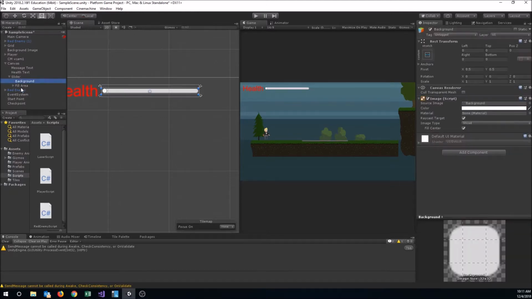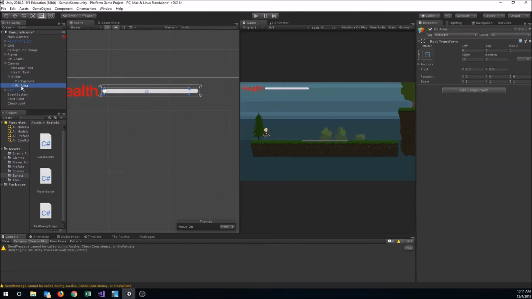So we're going to go into our fill area here, and we're going to change our rect transform here, so left is at 0, so that moves this side of the box back to the edge of the bar. We're also going to go to the right and we're going to put a 0 there. So now it's set to stretch to fill the whole entire bar,